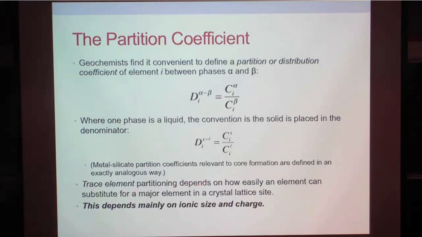Now, trace element partitioning, at least particularly for silicates, the kind we'll be talking about, depends mainly on how easily an element can substitute for a major component, because the trace elements don't form their own phases. They have to find a place in existing crystals, and that depends mainly on the ionic charge in the